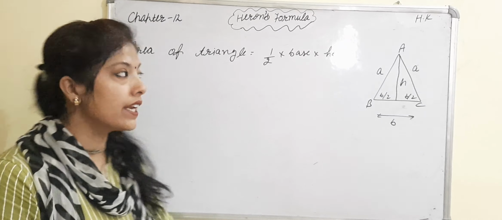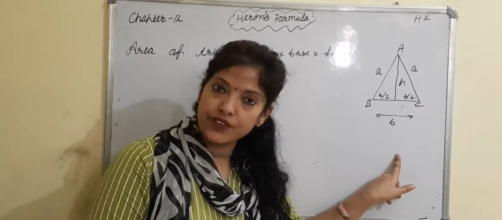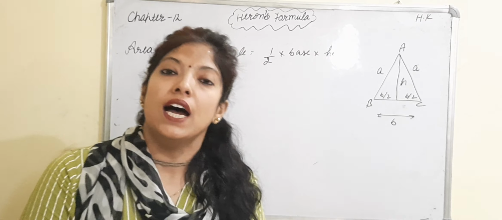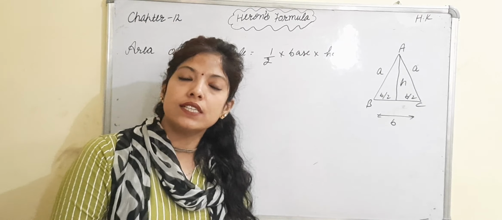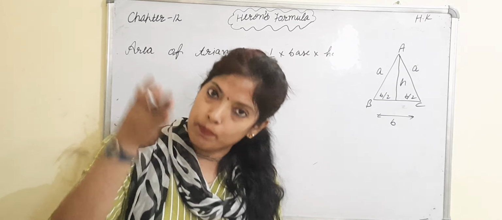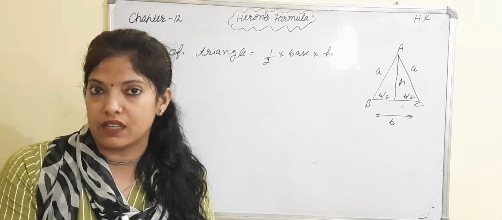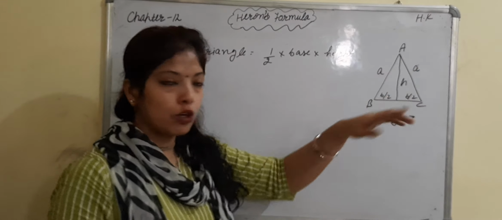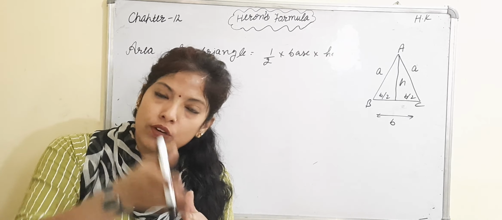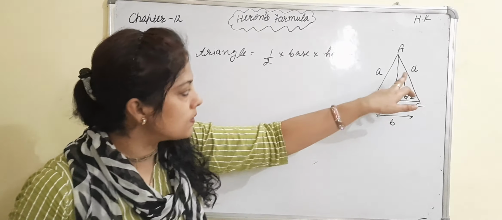Now we will find the area of the isosceles triangle. In an isosceles triangle, two sides are equal and one is different. And I want to tell you one thing about the height and the perpendicular of isosceles and equilateral triangles. When we draw the perpendicular on the base, this perpendicular line must be the median of these two triangles. Because opposite sides are equal, the median and the perpendicular line coincide, meaning they are the same line.